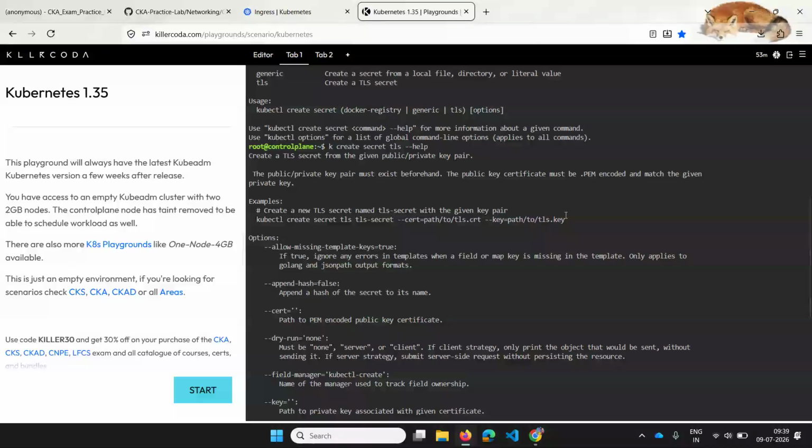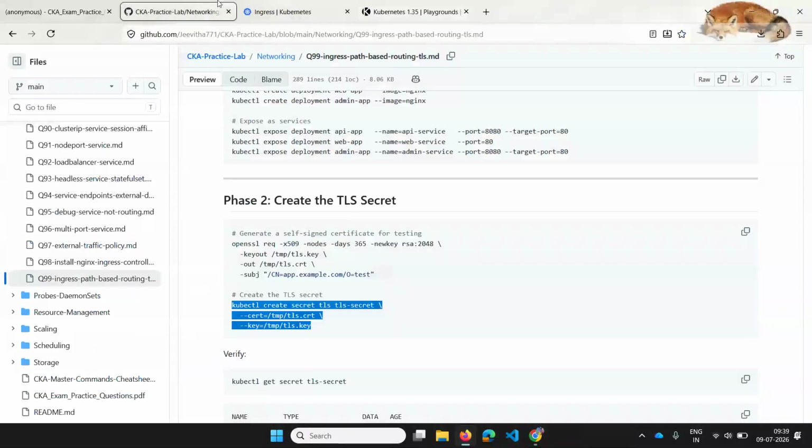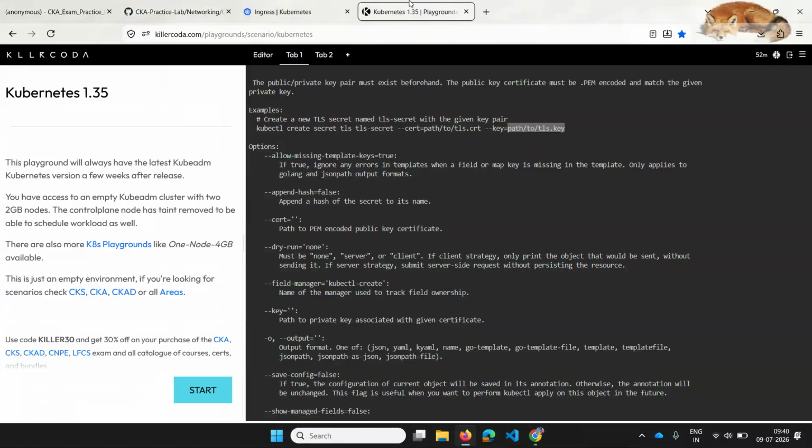See, this is exactly the syntax you should use, and this is a path to your TLS cert, and this is a path to your TLS key. So in the exam, that path would already be created, and you should just be able to use that TLS key and cert here. Okay, now I'll just generate one TLS secret here.